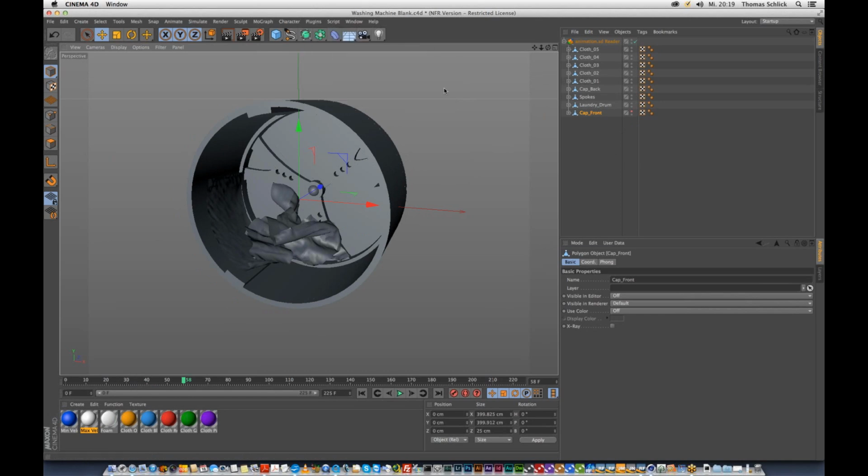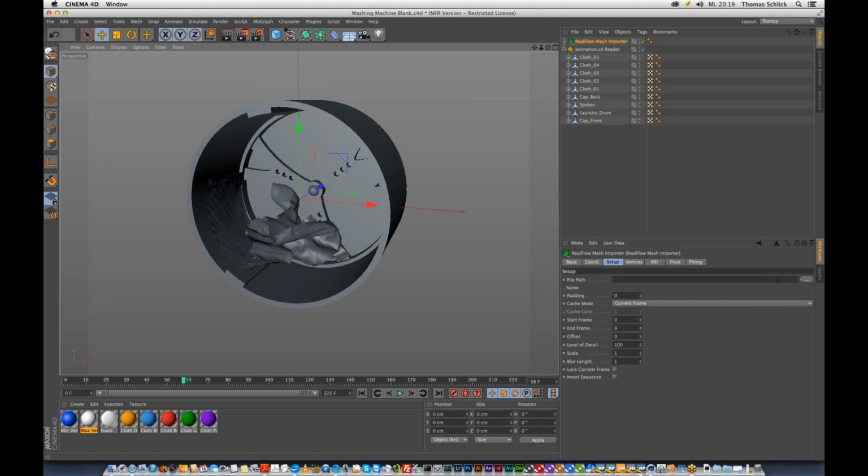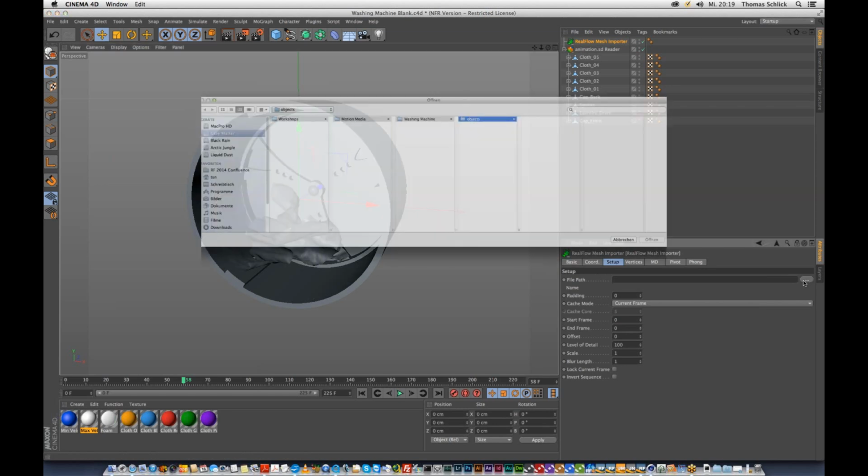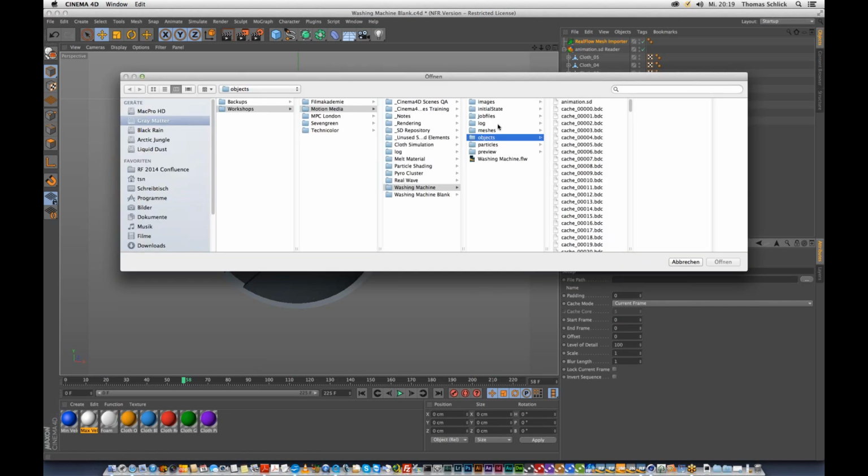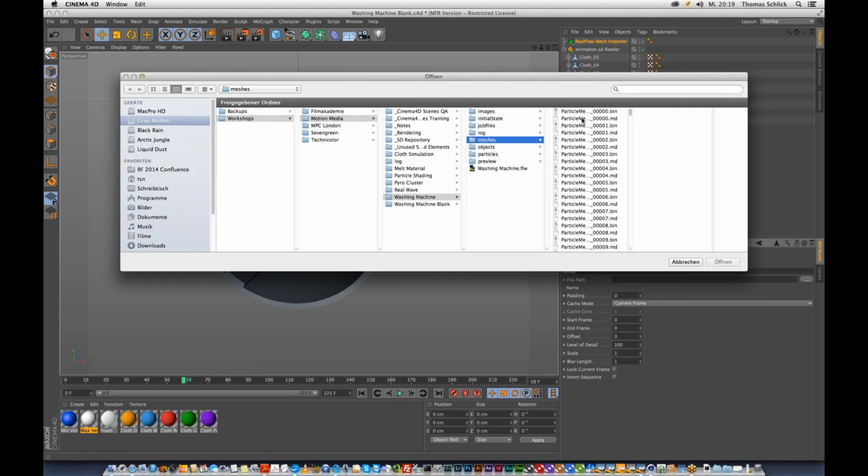This one. And under Setup, we choose the MD sequence we've exported and created before. It can be found here, Particle meshes, MD,